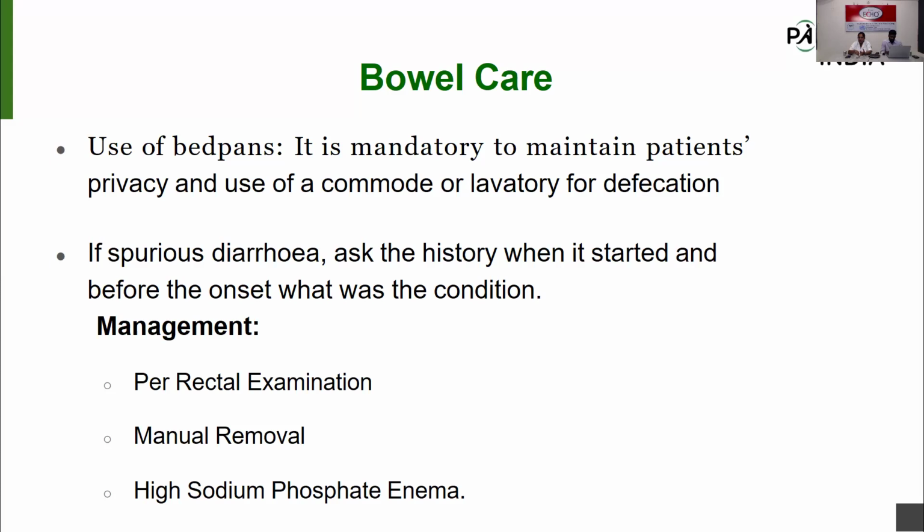When we identify that the patient is saying that for the past 1 week I had constipation, and after that for 2-3 days I'm getting watery stool, right? If this condition is described, that is called spurious diarrhea, and we have to manage it with PR, per rectal examination, and digital manual evacuation, that is digital removal, where we remove the fecal matter through the fingers. We also have to provide a high sodium phosphate enema, which we also call a high up enema. Why? Because